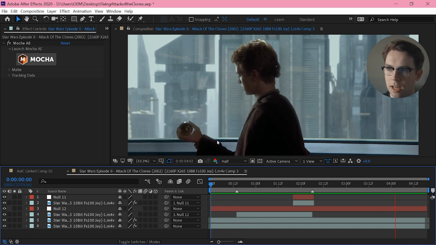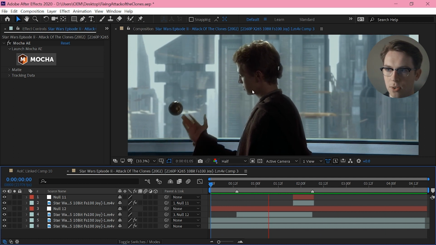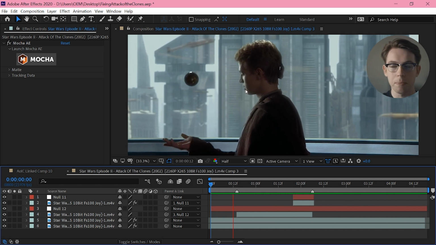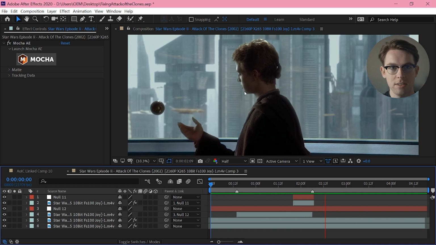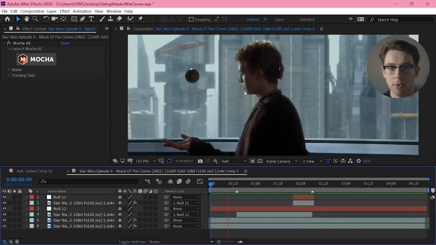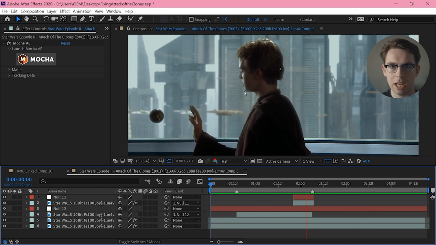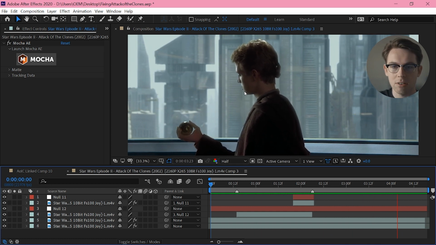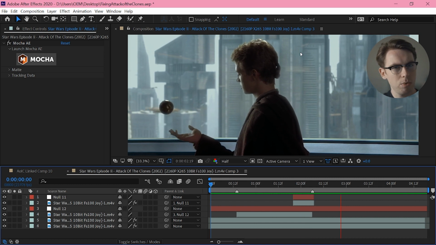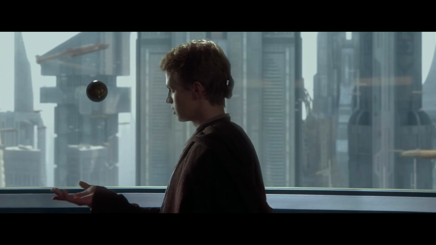Now, there is tidying up to do, and we can do some liquefying to make that look a little bit more natural, but this is definitely over the line. That entire line read has just been removed. So it's actually a pretty simple effect to do. You just have to freeze a frame, cut it out, and track it on. Obviously it doesn't work if there's extreme 3D movements, though we'll maybe get to some of that.